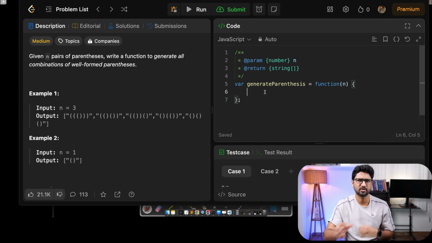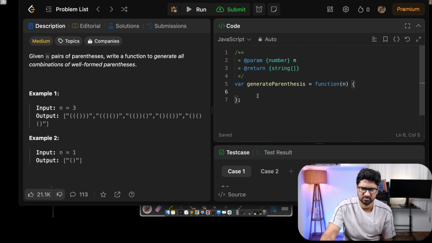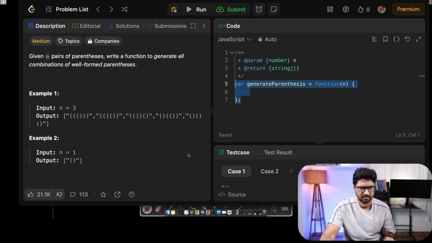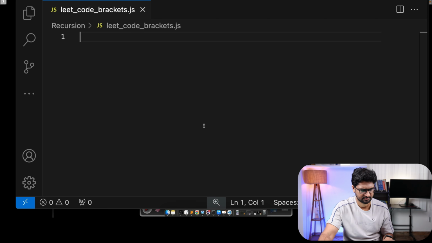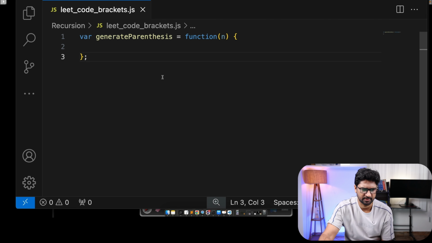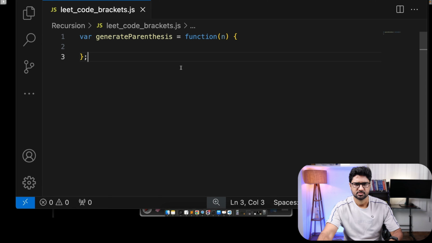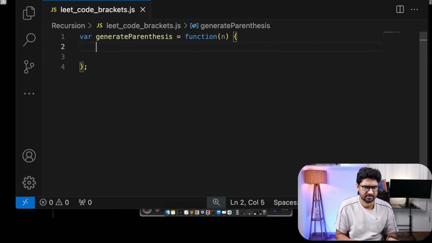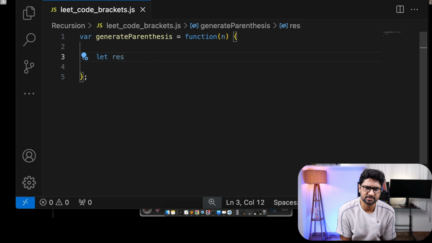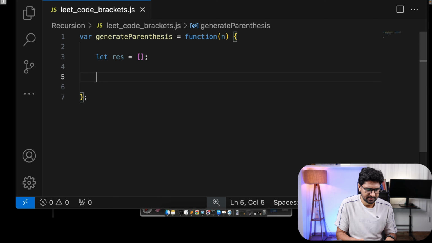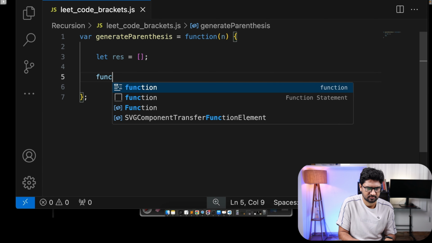Since here I don't have much support for indentation and all, I'll copy this and paste it in VS Code itself. So I'll paste this, and let's try to write the code here itself. Let me go inside this and call it let result, because I have to provide multiple possibilities. So that will be an array of different possibilities. So I define the result array like this, and then I define a function